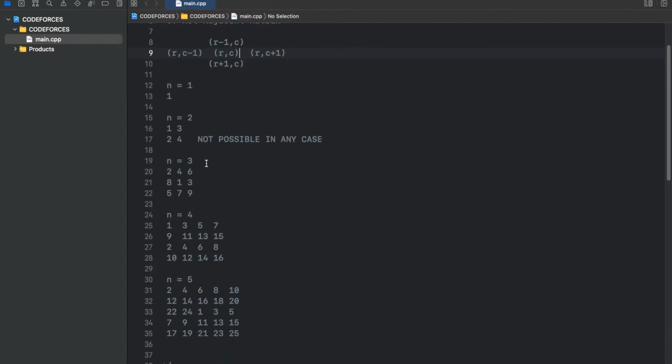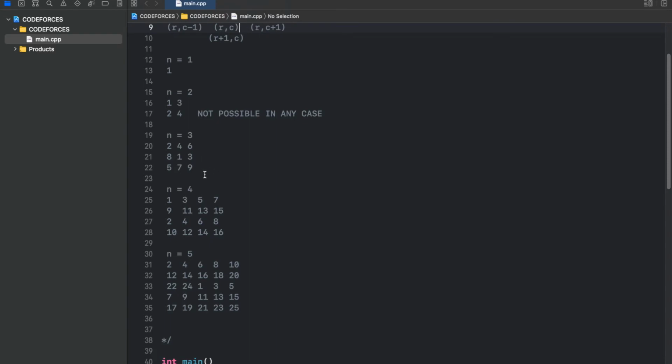I have written that if the number is odd, then we will first write the even numbers up till n square minus 1. I have first written even numbers and then the odd numbers. I have written first 2, then 4, then 6, up till 3 square minus 1, that is 8. So 2 4 6 8, and then I'll start from the odd numbers, that is 1 3 5 7 9. That will not make it adjacent, and that will be a proper correct answer.